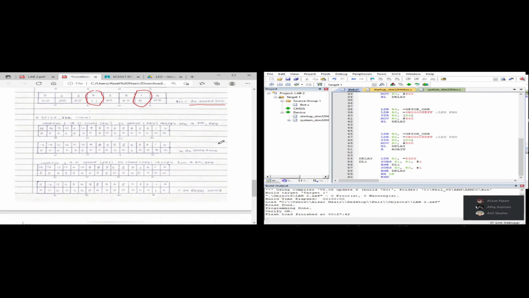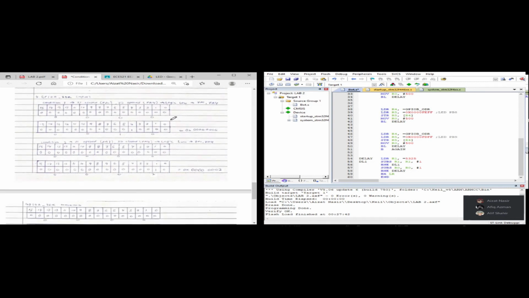Next, for the GPIOA IDR, which is the input, we will be using two switches. For the first condition, where switch 1 will be used at PA1 and switch 2 is not used at PA4, we will be putting 0 at port 1 and 1 at port 4. And the other ports that will not be used will be 0. And the value obtained is